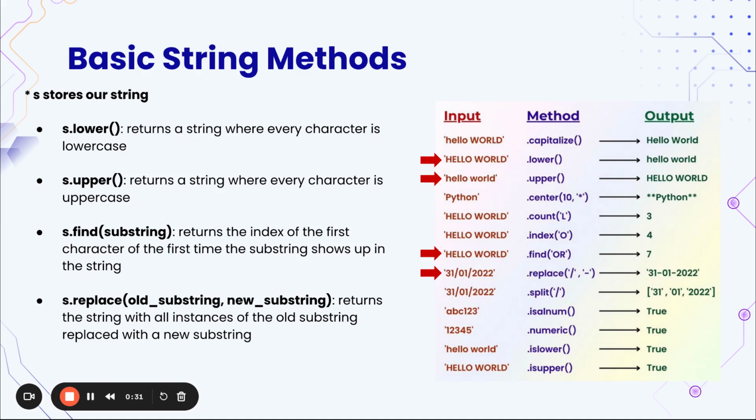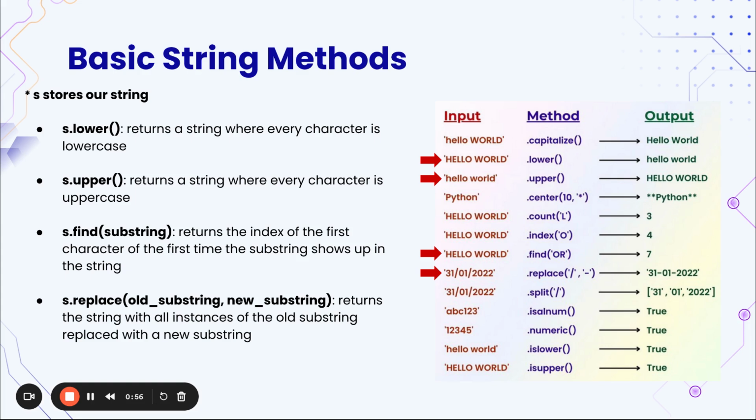s.lower returns a string where every character is lowercase. So you can see here that our string hello world in caps becomes lowercase when we apply the .lower method. s.upper returns a string where every character is uppercase. You can see here we have a lowercase string hello world that becomes entirely uppercase when we apply the .upper